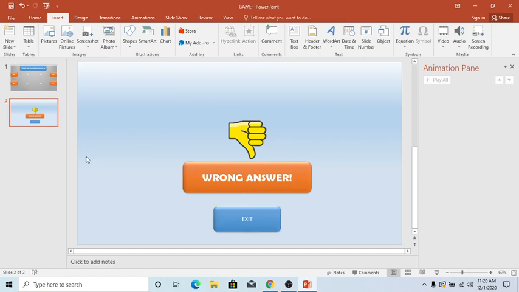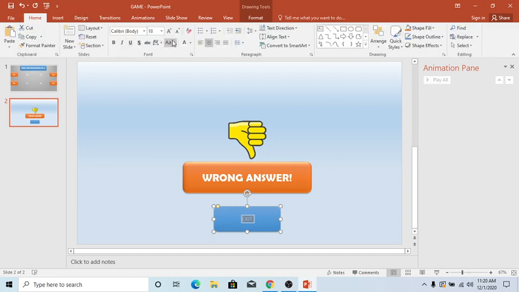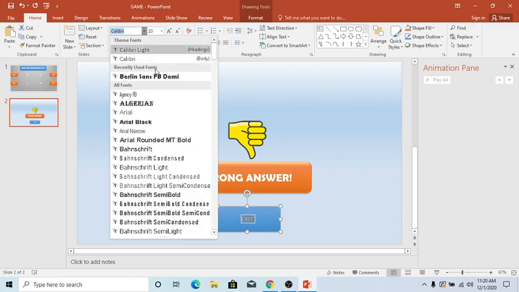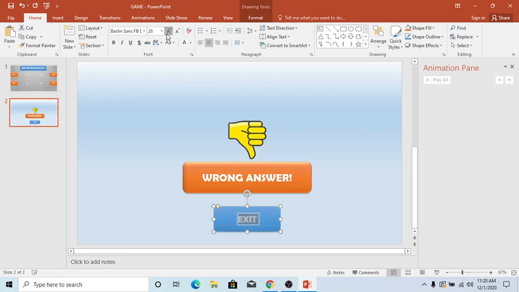So we need to increase the font size of this exit. Yes, we need to do that. So we go to home, increase the font style, font size, as usual. We have to do it so that it is uniform. And then